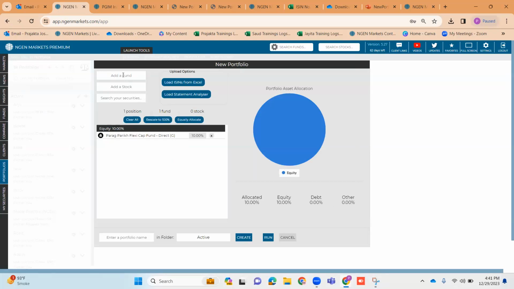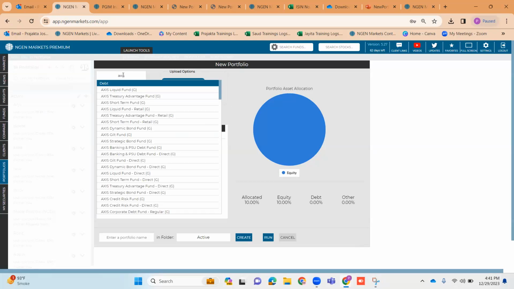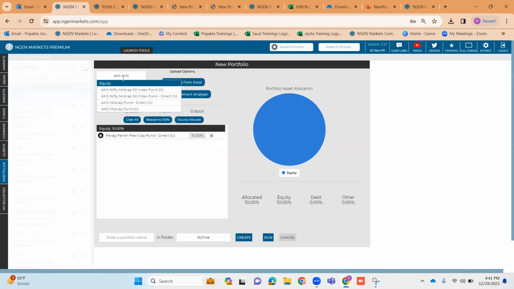ऑन द अदर हैंड, लेट्स से कोई एक्सेस मिड कैप है जो रेगुलर है, आपके आइदर RI कोड या फिर ARN कोड के थ्रू लिया हुआ है, तो व्हेन यू लोड दिस, आप उसको रेगुलर वाला लोड कर देना। तो यू कैन इन अ सिंगल पोर्टफोलियो, आप डायरेक्ट एज वेल एज रेगुलर दोनों फंड साथ में ऐड कर सकते हो। ओके। अच्छा, जैसे हम इसके अंदर जो क्लाइंट का डेटा डालेंगे, इसमें नाम डाल लेते हैं या,